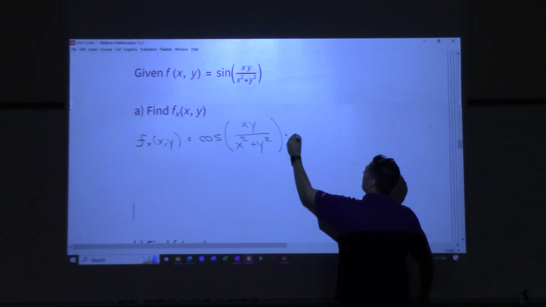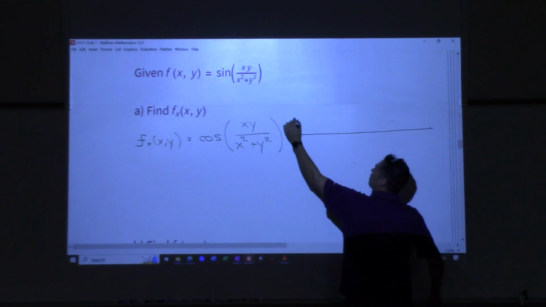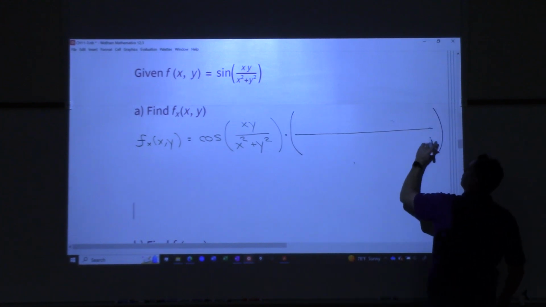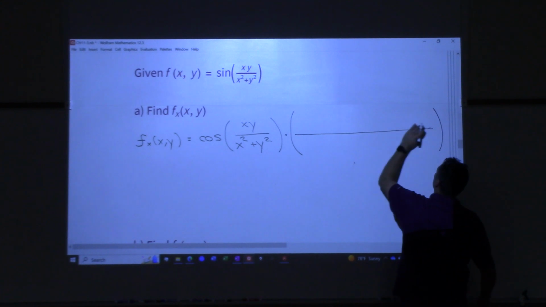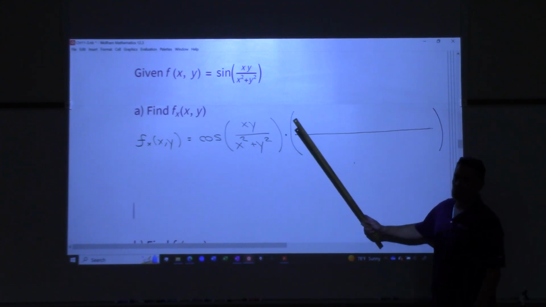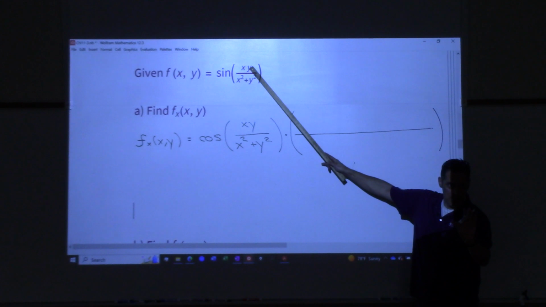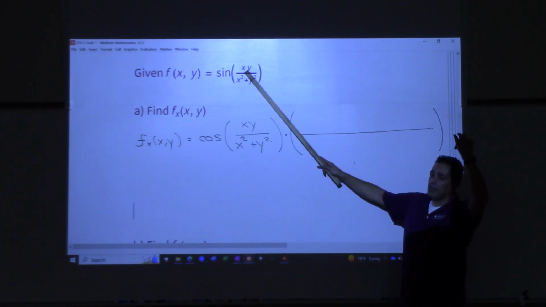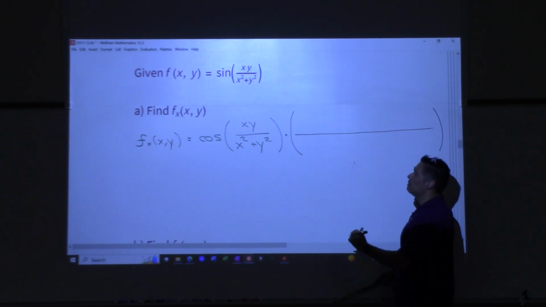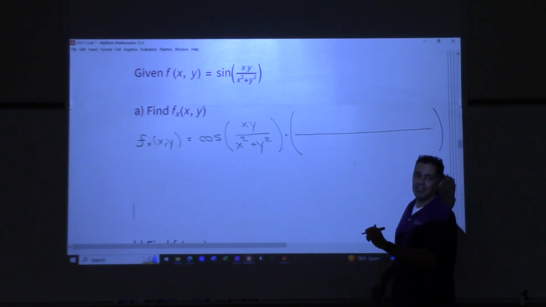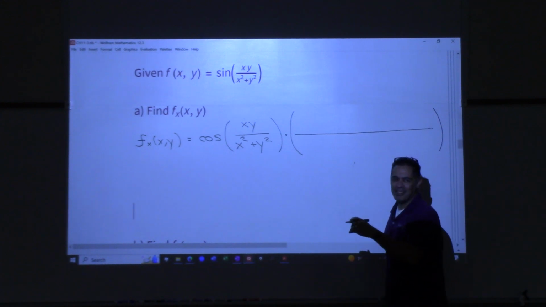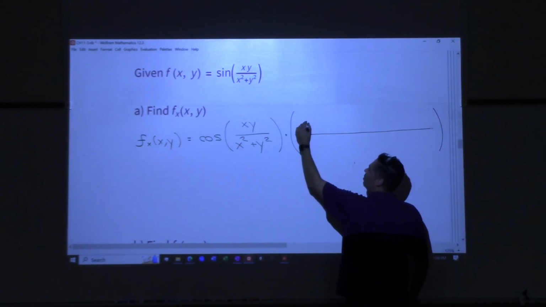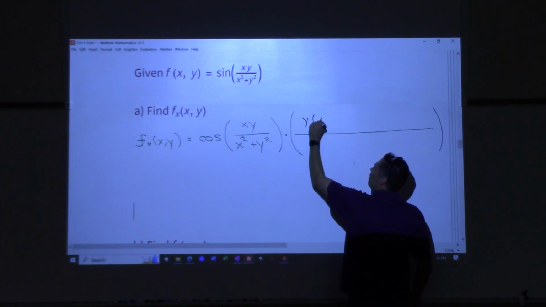So I'm going to get it set up here because it's going to be a pretty big mess. Yeah, I'll do it like that. Right? So let me take the derivative of the top first. I'm doing quotient rule. Derivative of the top, x is my variable, y is a constant. Who wants it? What's the derivative of the top? What do you got? Y. X to the first power. I'm messing with you. So y, good, times the bottom